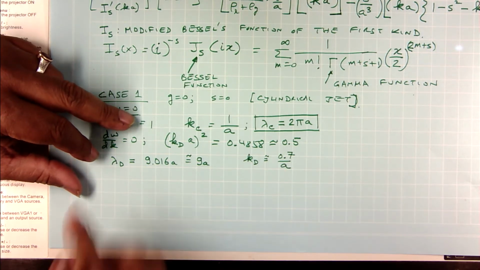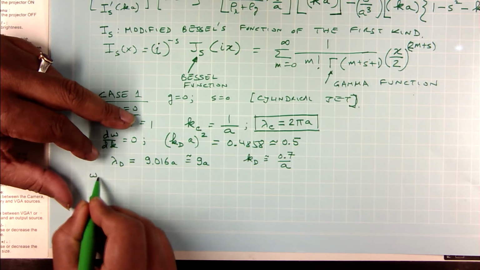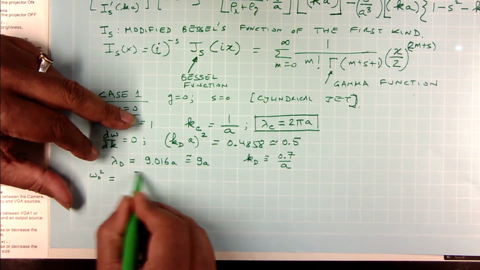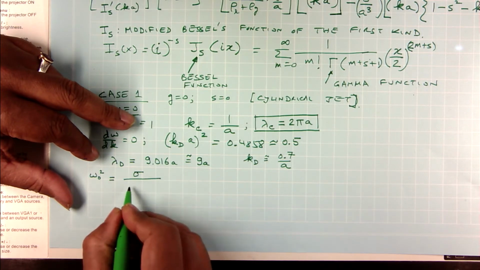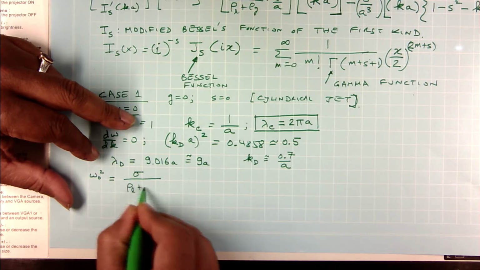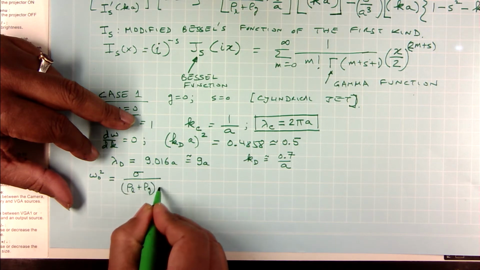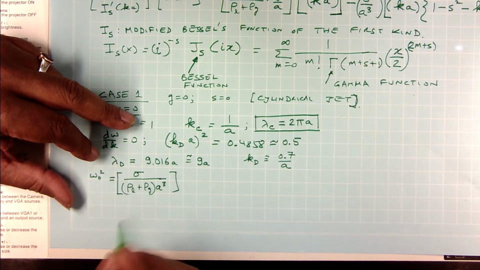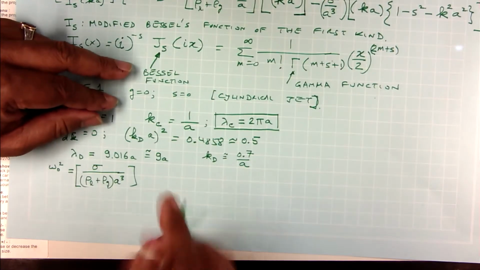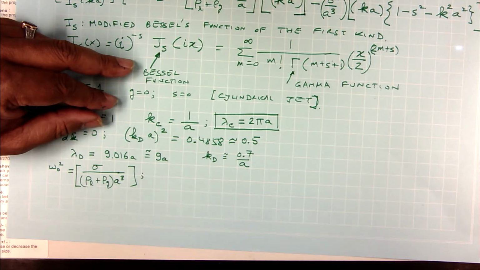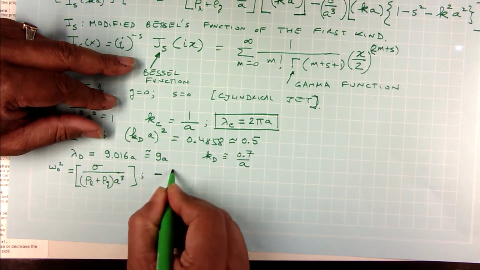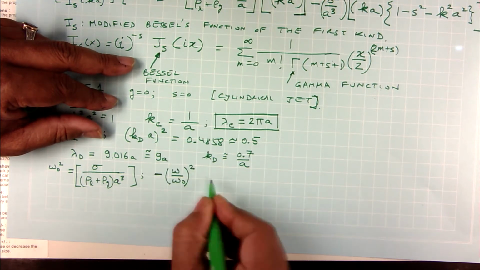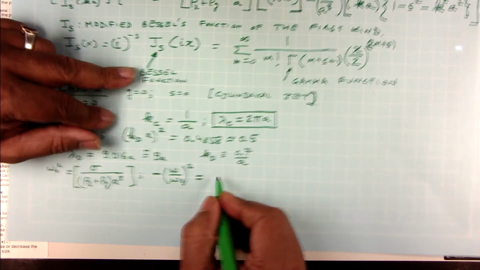Now I define my omega naught square, my non-dimensional frequency, to be equal to sigma divided by rho L by rho G times A cubed. And I write down my dispersion relationship in a non-dimensional form. So, I have omega by omega naught square, that is equal to